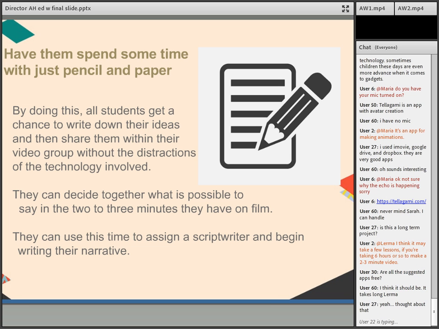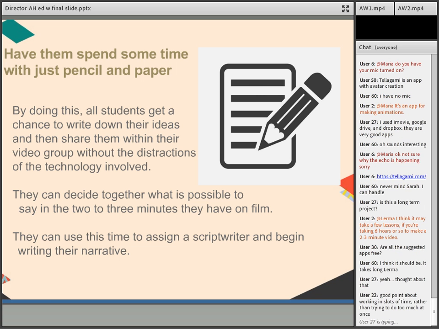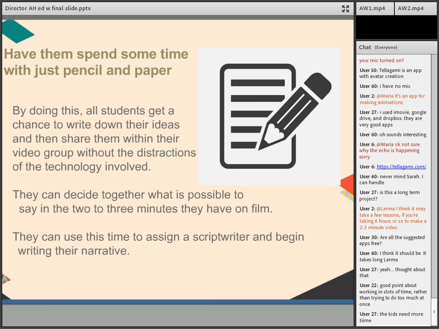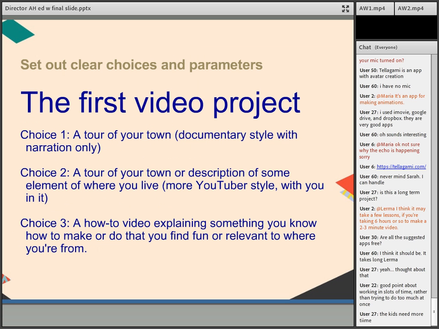Don't let them have that device first thing, like you were doing video and passing out all the technical things they're going to be using, because they're going to get distracted and not listen to what they're supposed to be doing. So have them do it the old-fashioned way, sitting down in a group. This is what script writers and people working with film do anyway when they're storyboarding, coming up with the story itself. A lot of times they're doing it the old school way, and this is where you can really hone in on ideas, and select your script writer at that point so that they can begin writing their narrative.